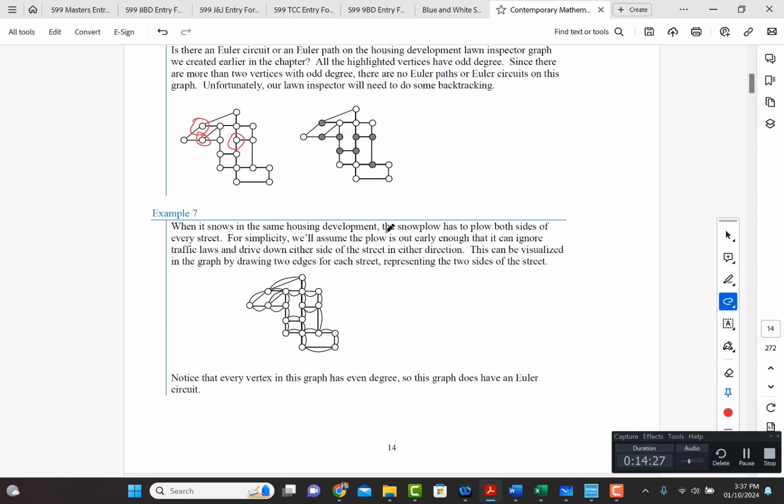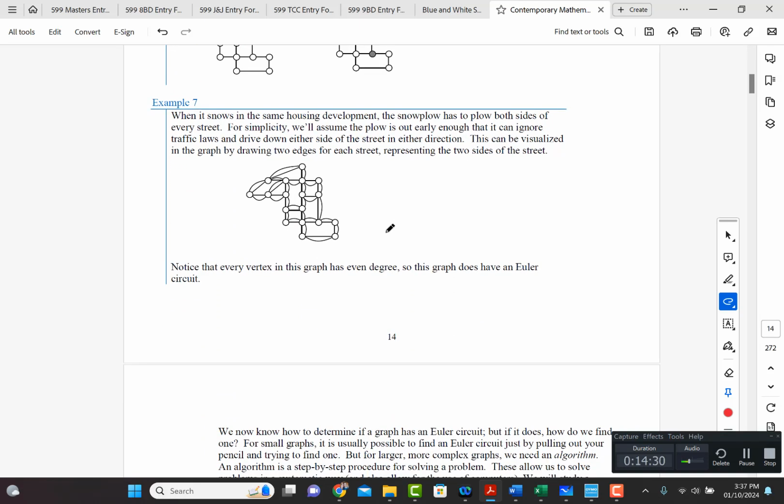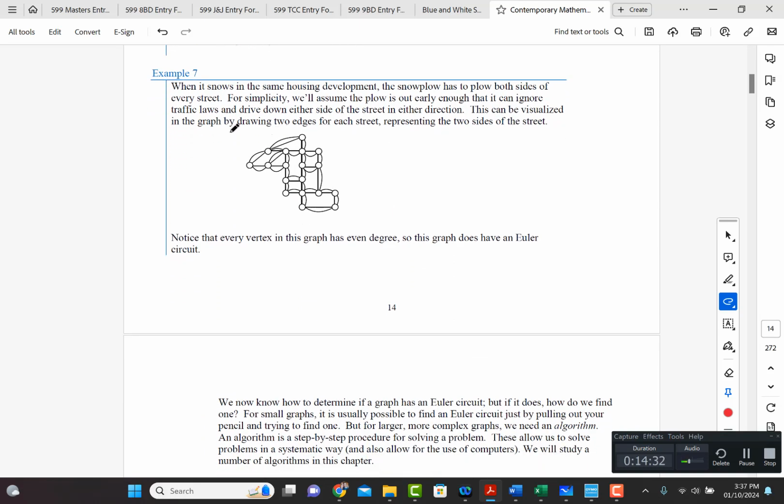Okay. All right, so let's look at example 7 here. If we look at this graph here, it says, oh, by the way, snow plowing, right? So here, when it snows in the housing department, the snow plow has to plow both sides of every street. So we can look at how that would work by doubling up the edges, connecting each